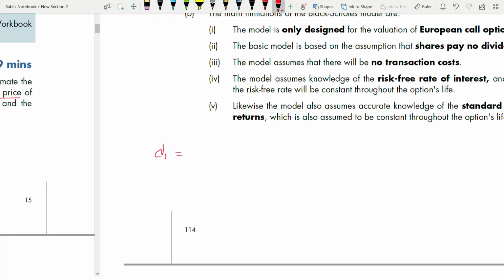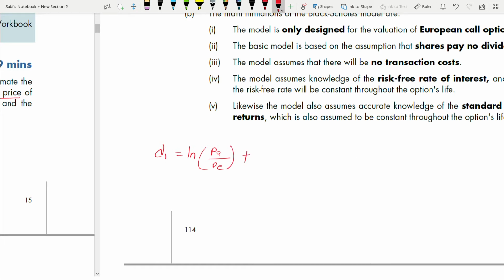Before I start with D1, always write the formula, even though the formula is there in your worksheet. I know it is there in your front page, but still make it a habit of writing the formula in front of you. When you see the formula, you can see where you are going wrong, which number you are taking. So D1, first you are going to write ln, logarithm of PA. This is your share price, divided by PE. This is your exercise price,